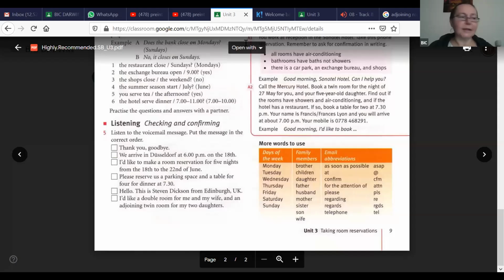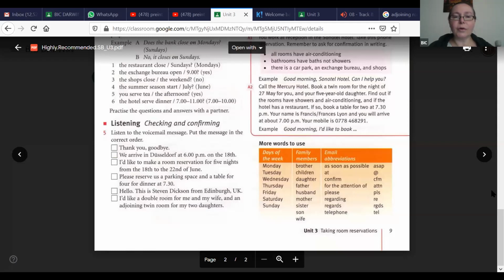I'll mute everyone's microphone, because especially if you are listening directly from Google Classroom, it would be interfering with our listening that is online. So we are doing exercise 5, listening.